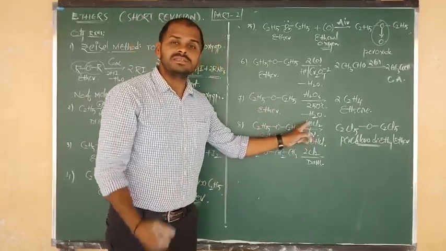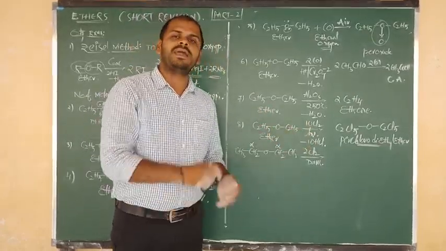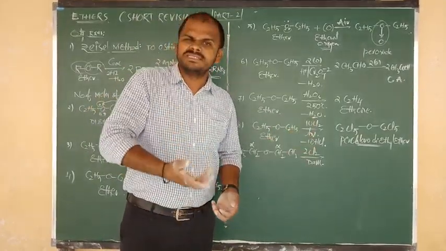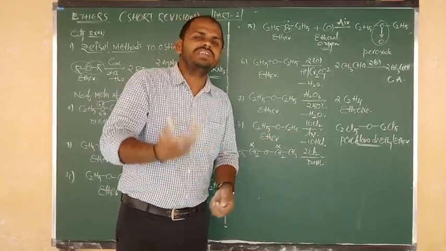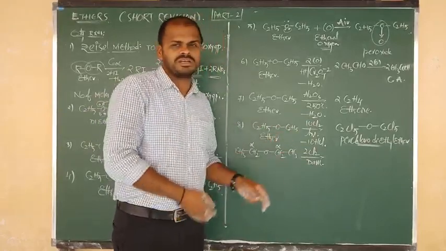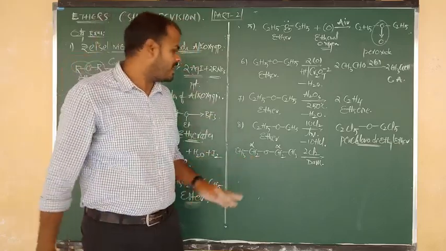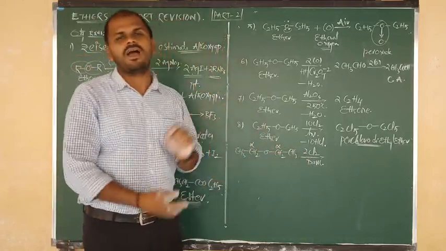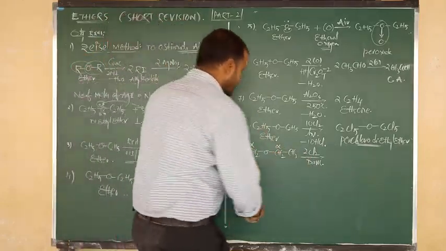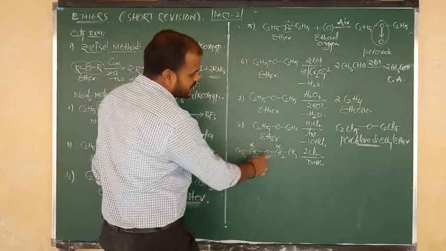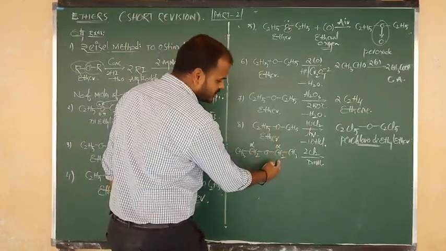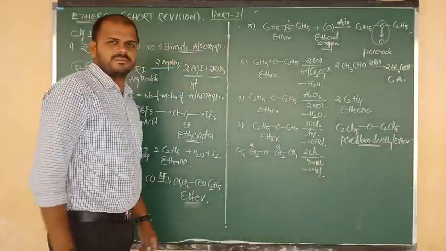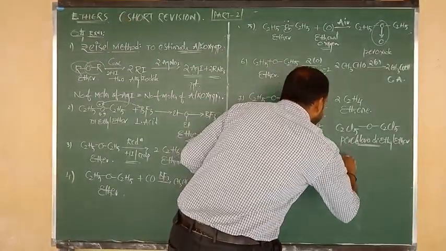And chlorination in presence of sunlight replaces all alpha and beta hydrogens, because chlorination in sunlight is more energetic. In the energy condition, all the alpha and beta hydrogens are replaced by Cl. But in the dark condition, you can only remove 2 hydrogens from the 2 respective alpha carbons. So we remove an H from one alpha place, and again from the other alpha place. The 2 hydrogens combine with Cl and are removed in the form of 2 moles of HCl.